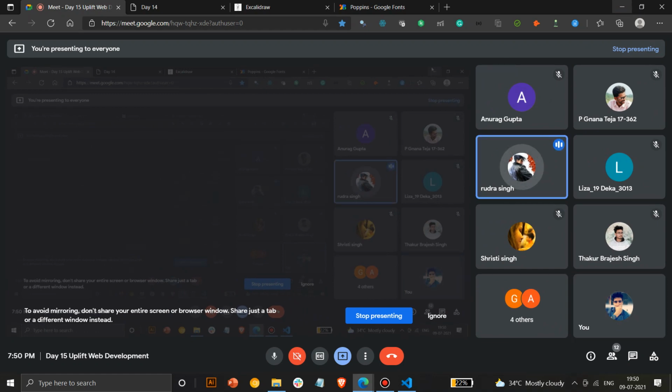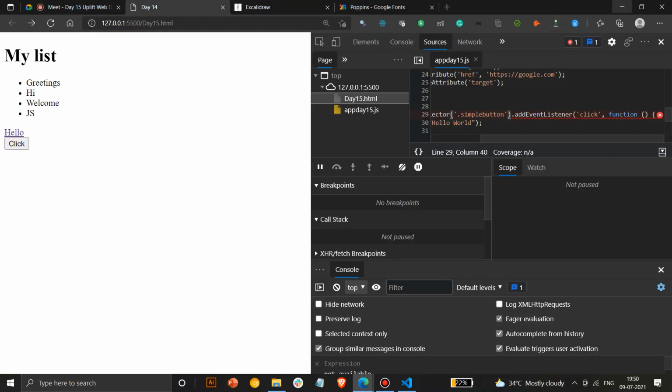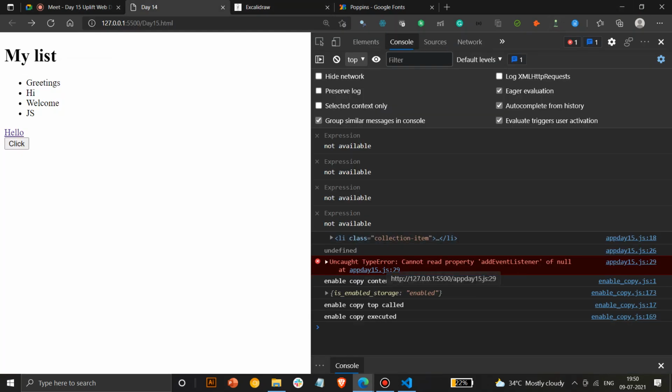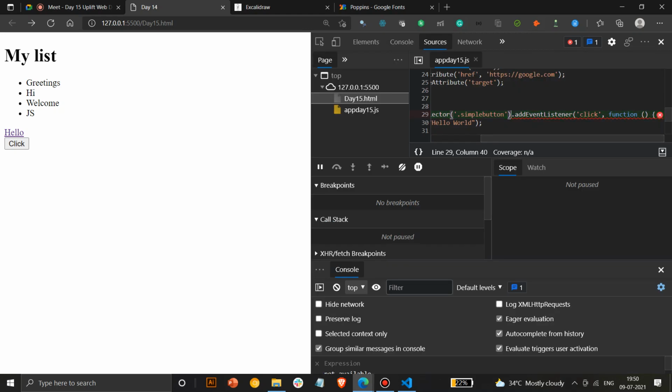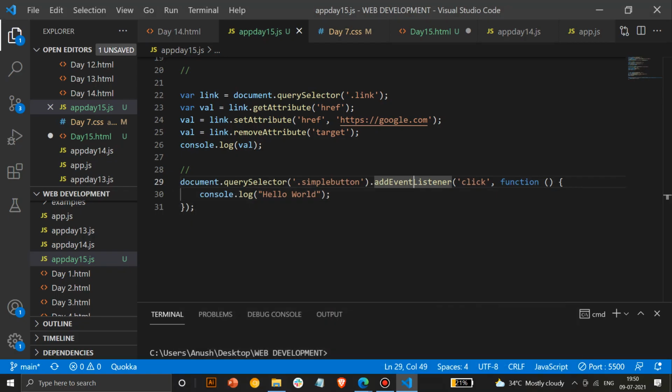Most of the errors you can get from console.log, from the source developer tool. If you click, you can get what the issue is. If you don't get the specific meaning of it, I've displayed at what specific line it shows an error. It shows add event listener function dot something, an error starting from here till here. Whenever you are using a function, you have to use something called an E here. What does E stand for, anyone? Event. Not exactly.